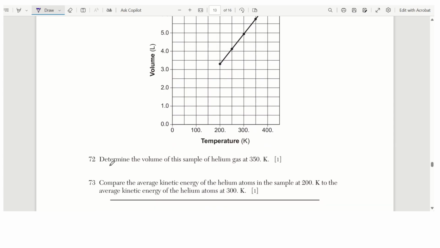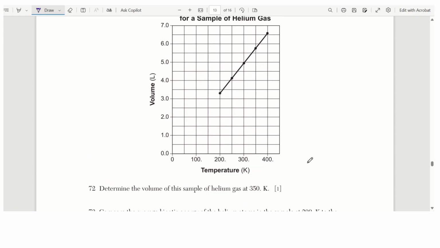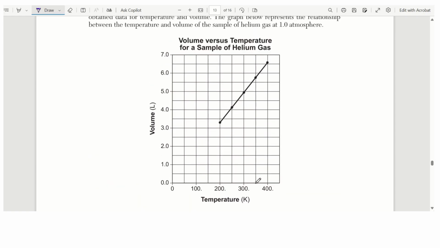72, determine the volume of this sample of helium gas at 350 Kelvin. So that's this point, go across, it's right here. So what do I put? It's maybe, this would be 5.5. This is 6. So like